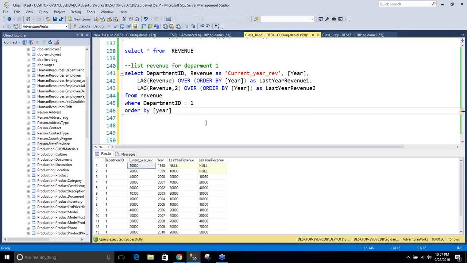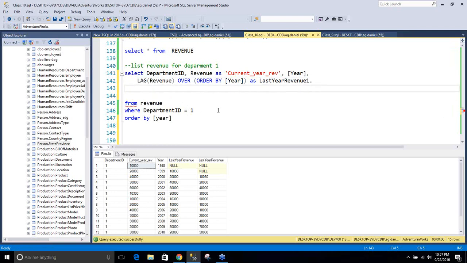So if my requirement is that I want to find the difference between the previous year revenue and the current year revenue, the only thing we need to do is, if I want to find the revenue difference for each year, how do I do that, guys? Oh, come on. Revenue minus? Minus revenue 1. Right, not the revenue 1. Last year. So this is going to be the previous year revenue. Right. So if I execute this,